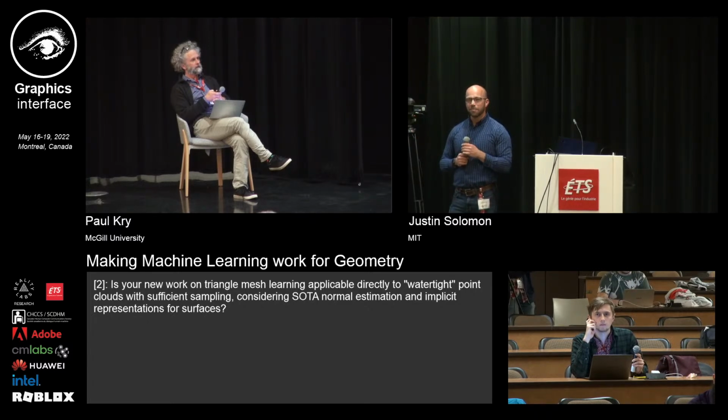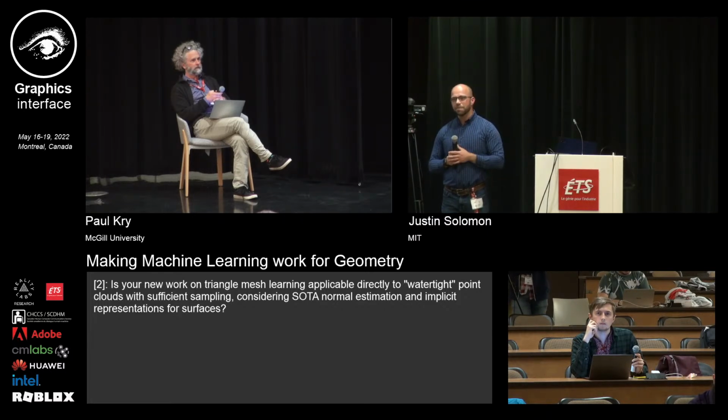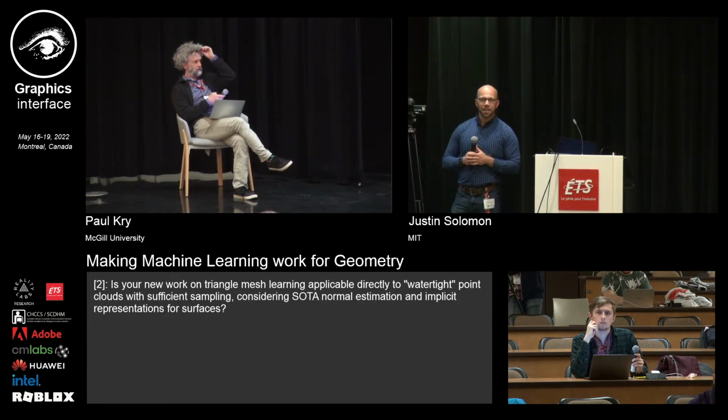I'm not going to claim that this problem is solved. To my knowledge, no 3D learning architecture is truly resolution invariant, but I think ours was a little bit more so, and the reason is that we were building it from pieces that make sense in a PDE universe, the same way that the cotangent Laplacian, which is so popular in geometry processing, works okay for both coarse and fine geometries. There's a lot more to be done there, for sure. I think sampling invariance is one of the biggest problems in this domain.